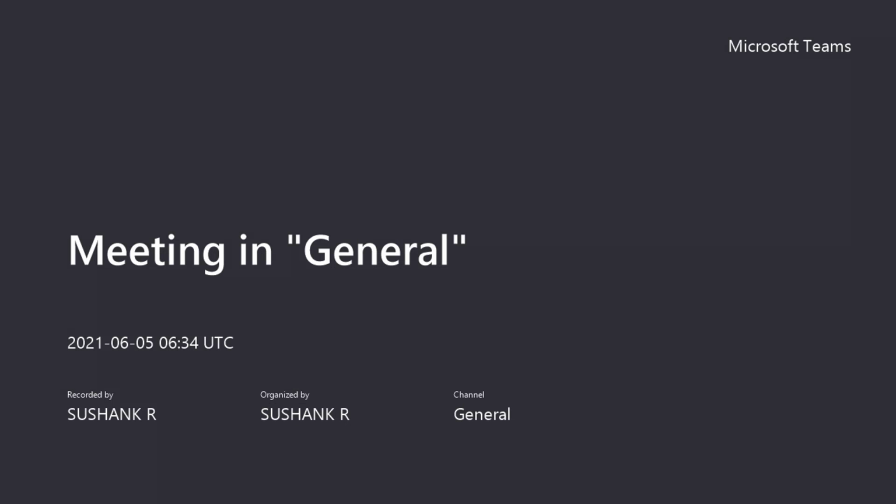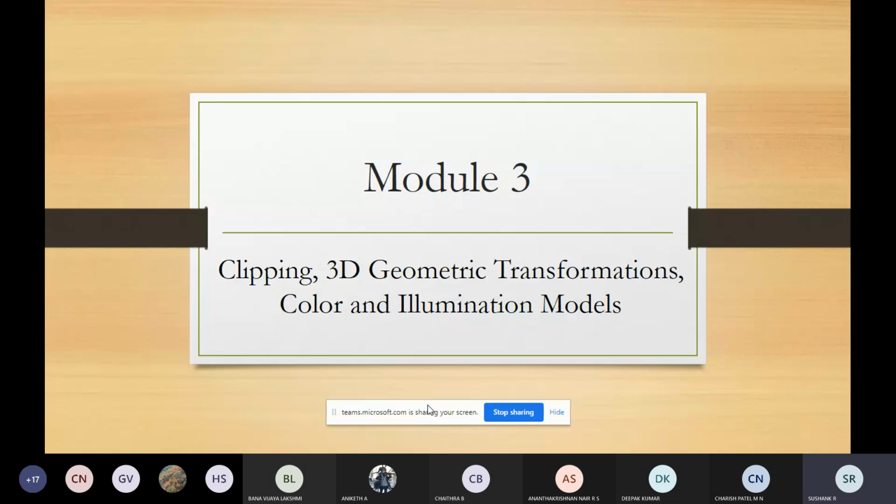Study in module 3 months. So you'll study about the clipping. What do you mean by clipping? 3D geometric transformation, color and illumination model. So here clipping means you will talk about the clipping window, normalization of that window, viewport transformation, and one algorithm